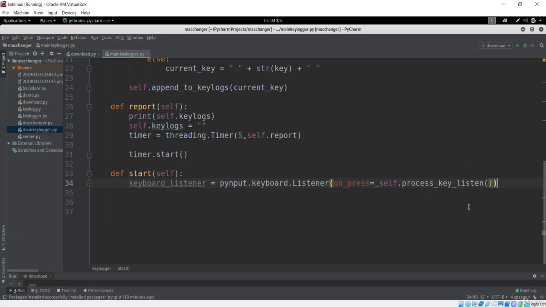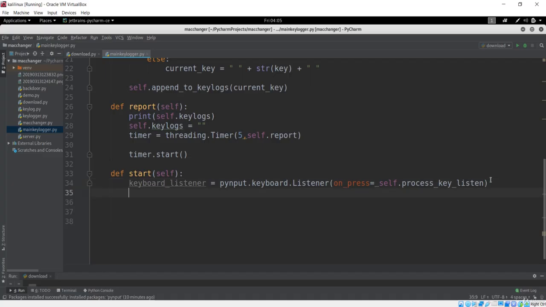So we should remove this. We are just calling this, and the on press argument is this process key listener. So we just set the listener using this pynput module over here. You can check the documentation for further reference.